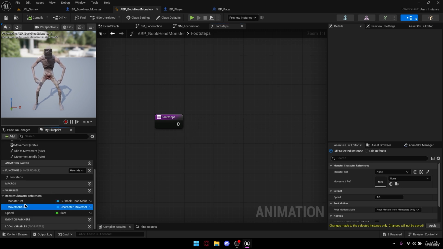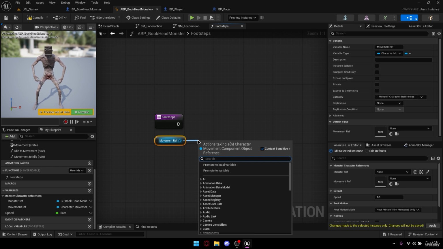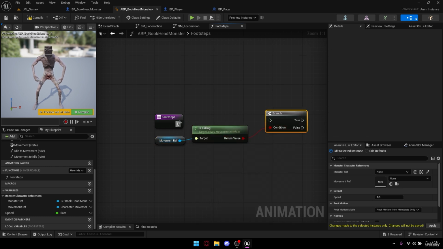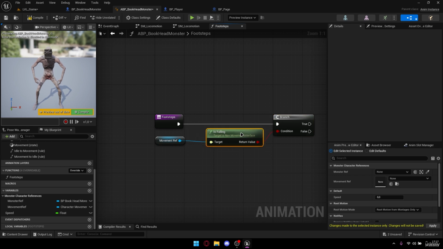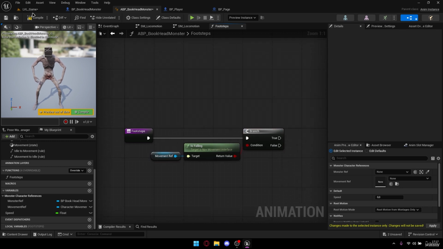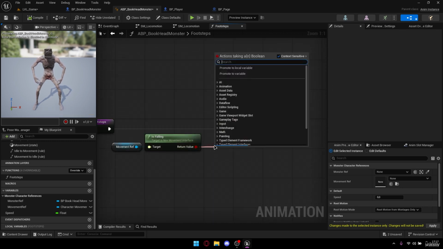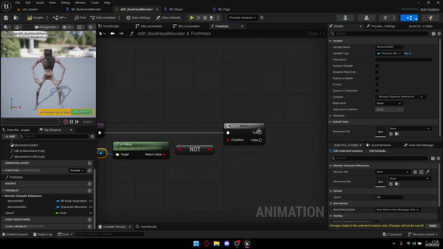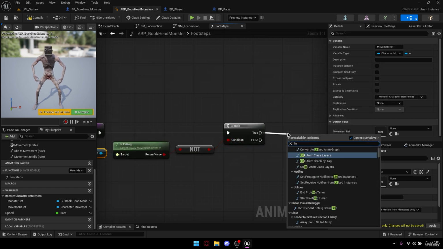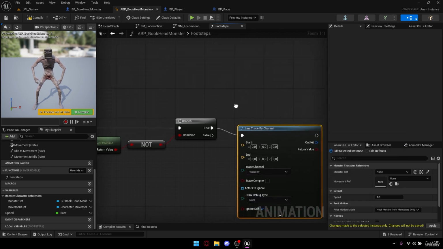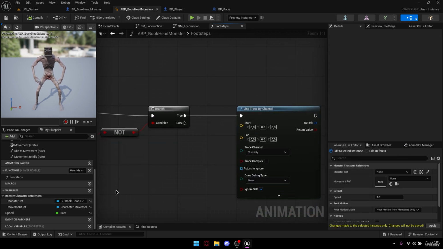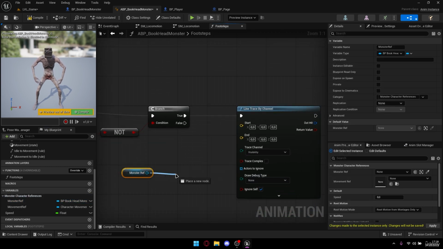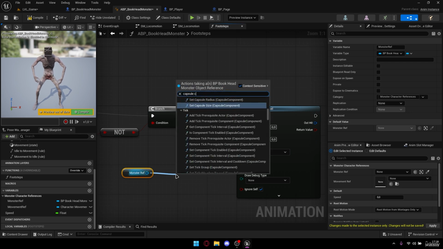So first of all, we need to get a reference to movement because we need to make sure we're not falling. Probably this monster will never be falling, but it's just a great way to make sure there are no errors. If is not falling, not boolean right here. And if it's not falling, we will do a line trace by channel. We will get monster reference because we need to get capsule component